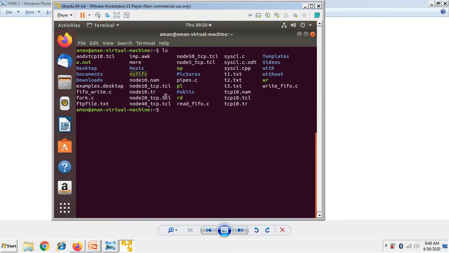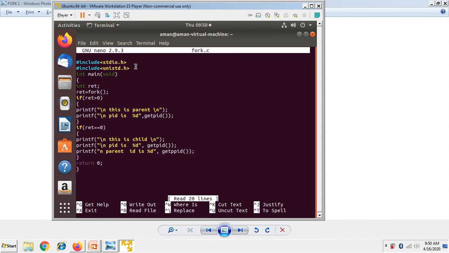So here we have this fork program. We can see the listing of the fork program and what contents are there. These are the header files required when we are using the fork system call. You can see by doing the man fork command, it will show you the header files which are required. Then the main program begins. Then this is the return value which fork will return.